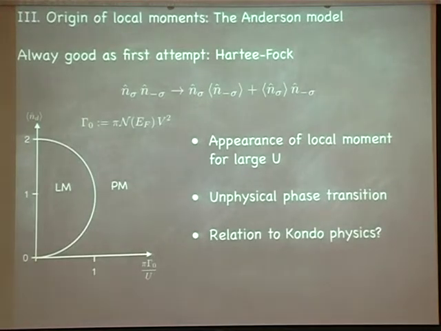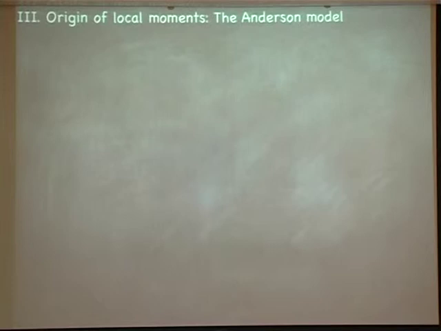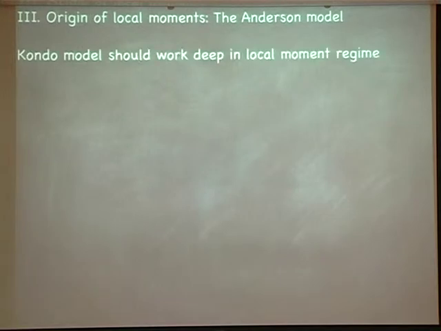So now we may understand where the local moment comes from. Meaning, okay, we have our cobalt impurity or iron impurity in the metal. The parameters are such that this atom is in this region, and we do have a local moment. Now, where does the Kondo model come from? Where does the antiferromagnetic exchange come from? Where does the Kondo effect come from? And that's actually what Antoine also talked about. So he gave most of the things I tell you right now in his lecture.